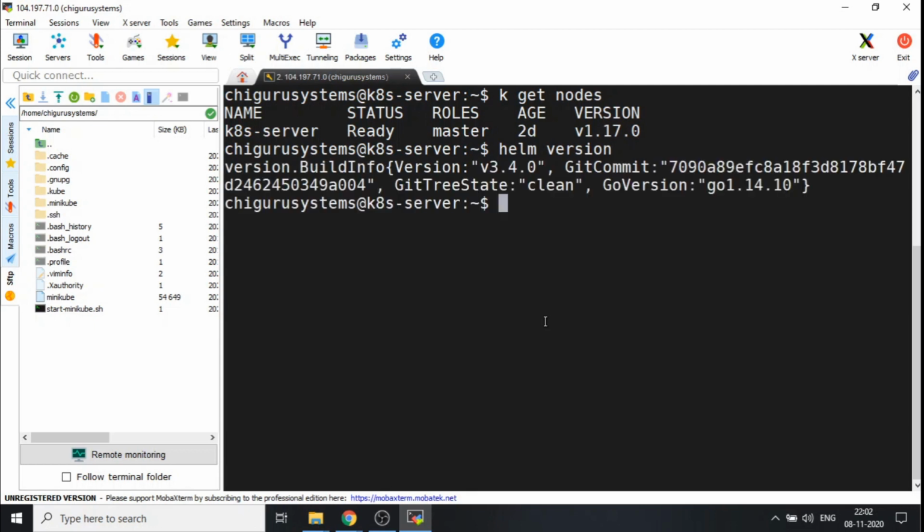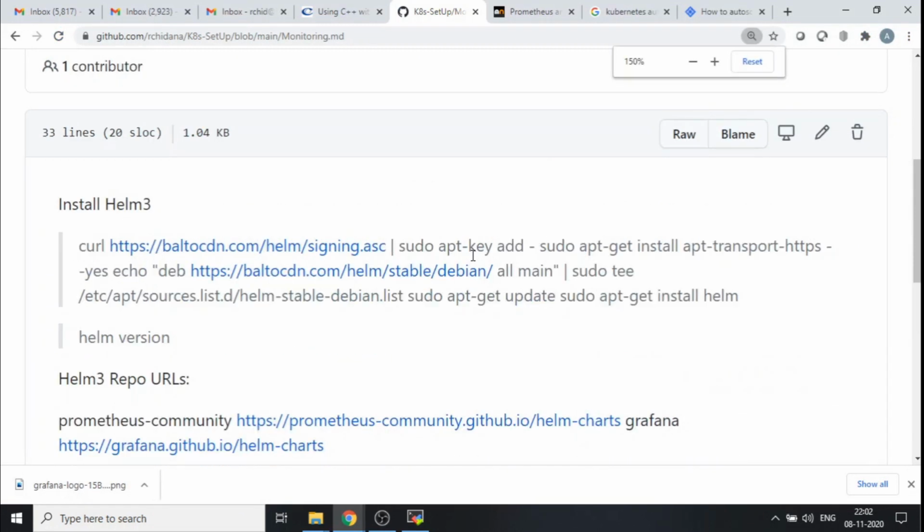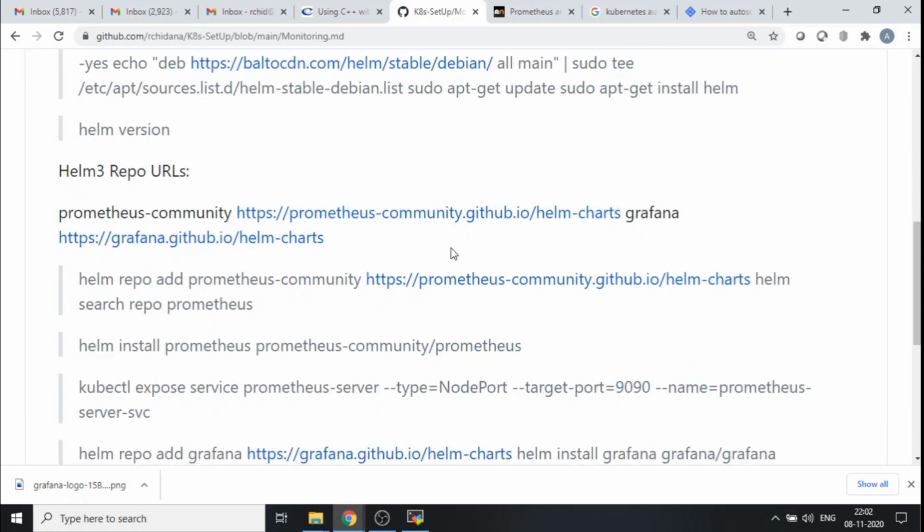Alright, I have this version of Helm that is already installed. Now let me go ahead and get started on bringing up my Prometheus and Grafana. As I said, there are various ways of installing Prometheus. There's a native way of installing Prometheus, but since we want to monitor it for our Kubernetes cluster, we'll do